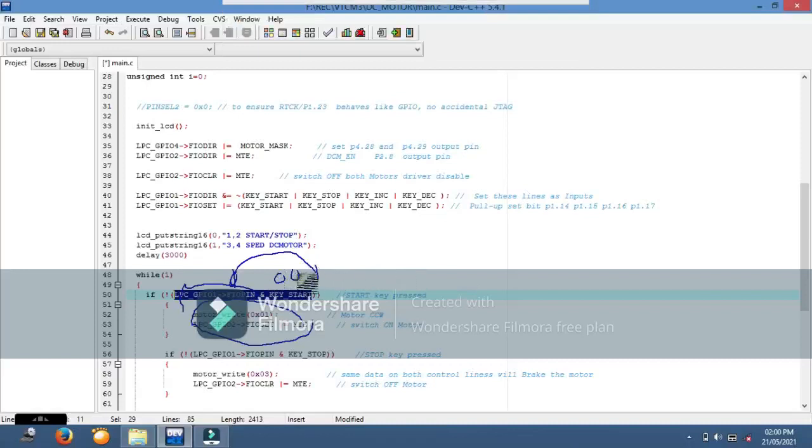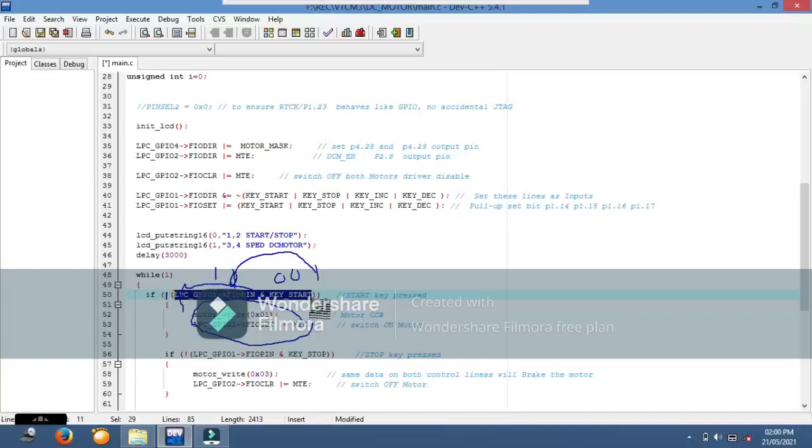Since all other bits are 0, all the bits automatically become 0. The total value will be 0, and since we are taking not equal to, the value under the if condition bracket will become 1. That indicates it is true, means the key is pressed.